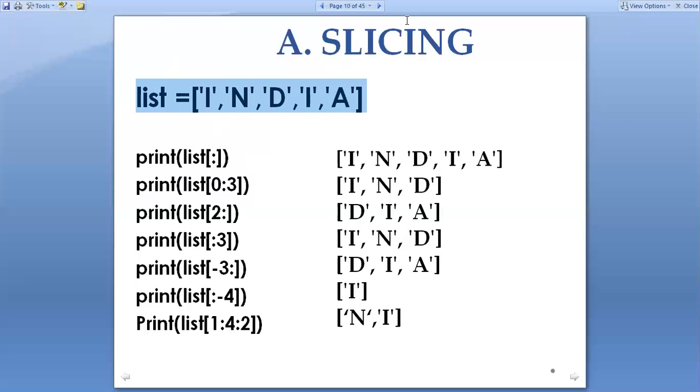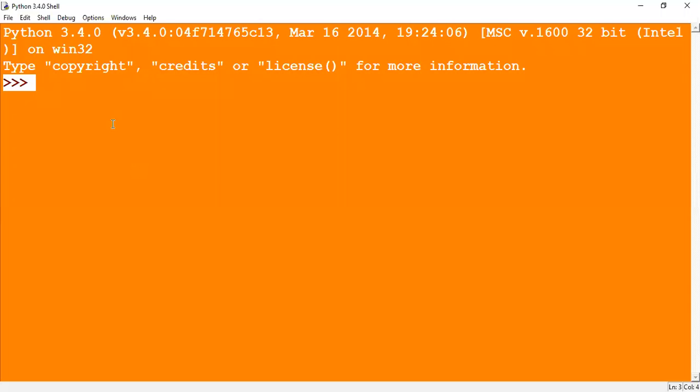So here I am giving you an example. Here the list equals I and DIA is given.